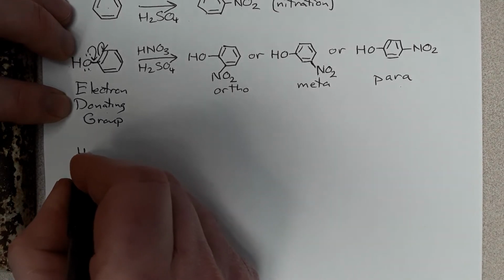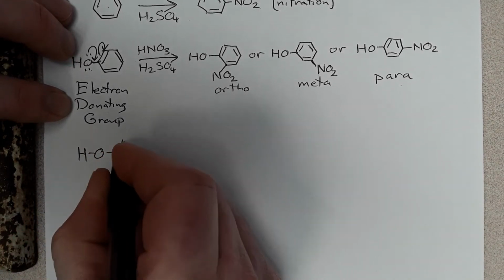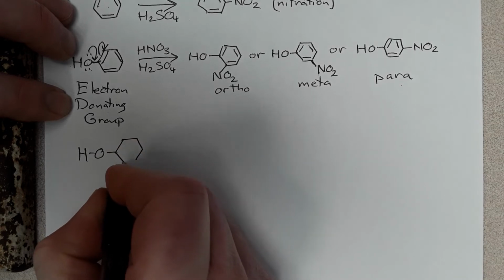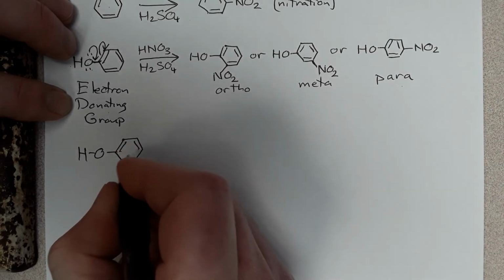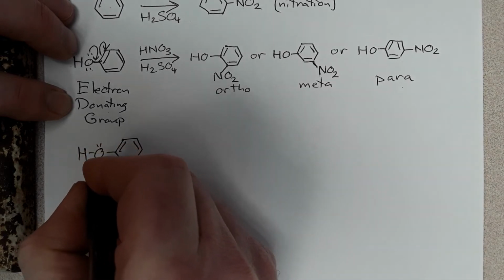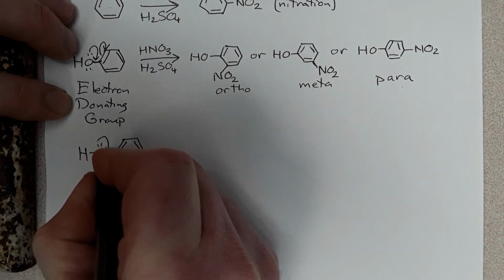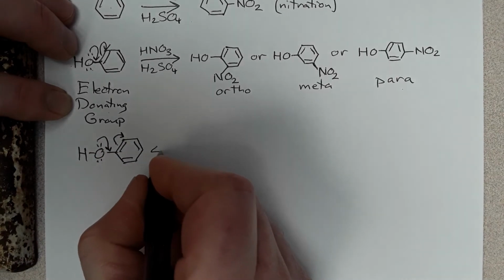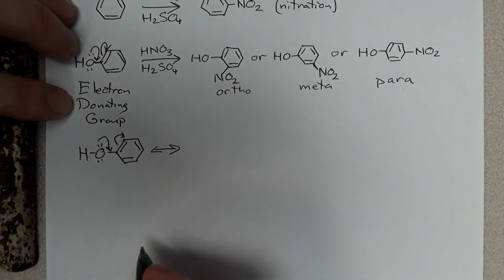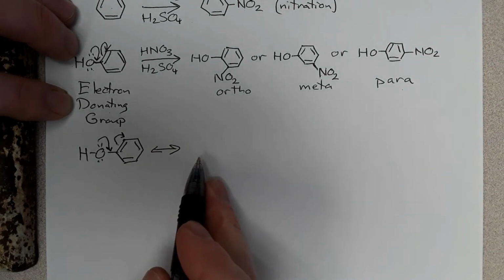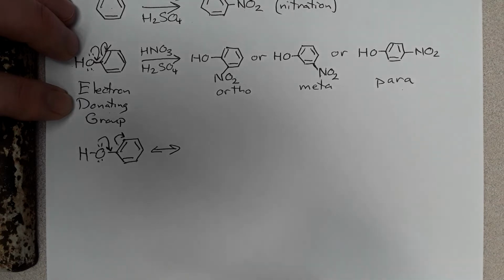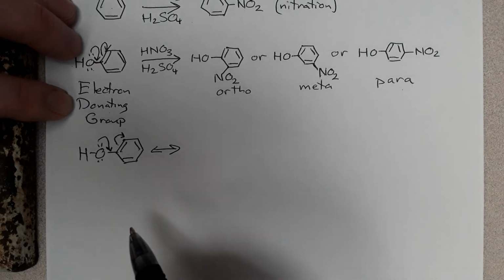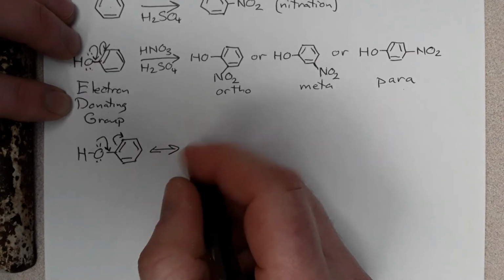OH, so I'm going to draw the same arrows I drew before, and if we follow those arrows, and you can go ahead and pause the video and draw the next resonance structure there, make sure that you know how to follow curved arrows. Put the bonds in the appropriate places and put the charges in the appropriate places, and then turn it back on. Okay, so